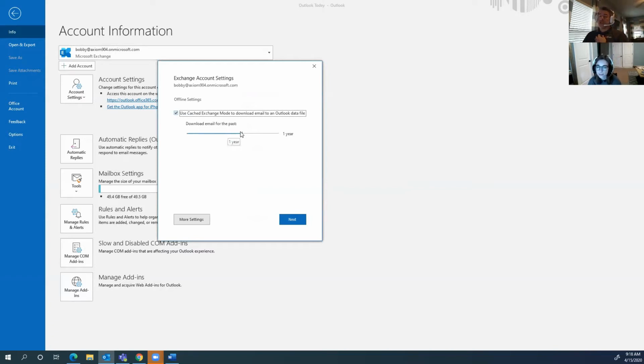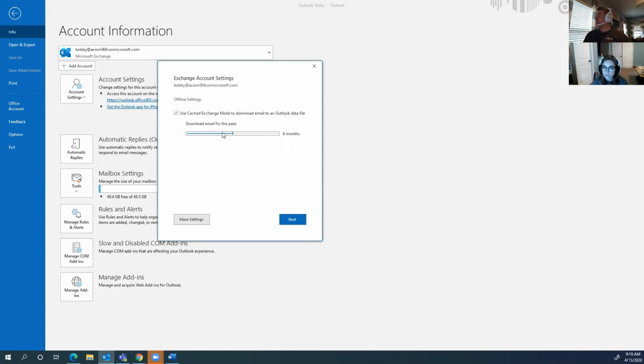This is really helpful. Like if you're like, man, I really want to get to work right now. I know I've got a crazy large amount of mail on my 365. I don't want it to be all. I want to keep it to maybe 6 months. Now, that doesn't mean that the other mail is deleted and gone and you'll never be able to see it. It just means that if you need to access mail that's older than that, there's going to be a little bit of lag in your Outlook while it goes and grabs it and pulls it down to see. You can still search for it, you can still see that mail, but it's not going to be pulled down in its entirety with attachments and everything.